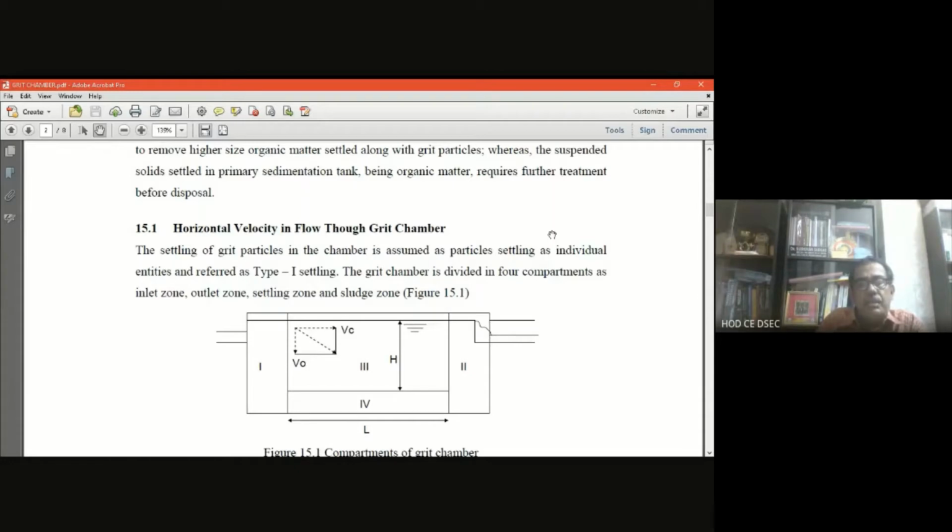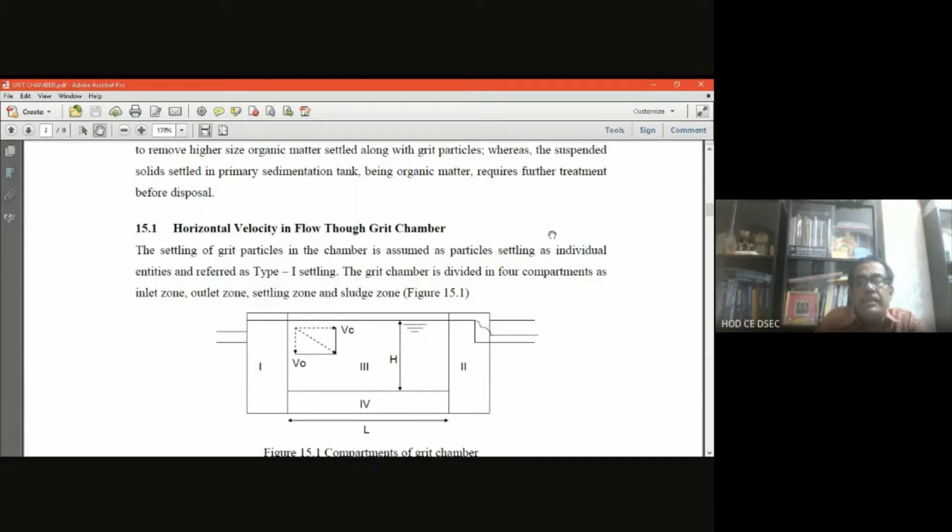Before that, let me say a few words about the unit systems comprising the grit chamber. Basically, the settling of the grit particles occurs in the chamber, that is, settlement is being done,